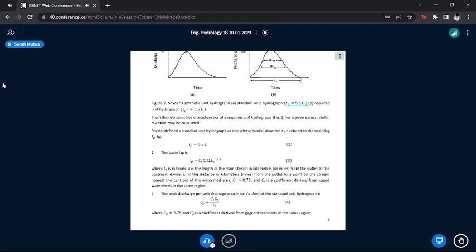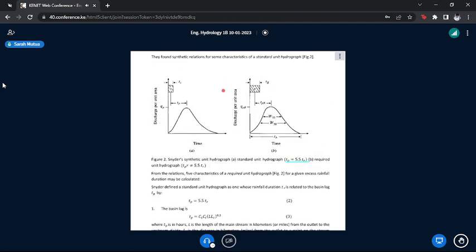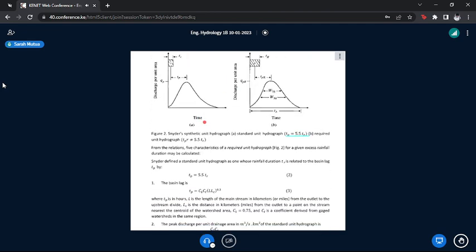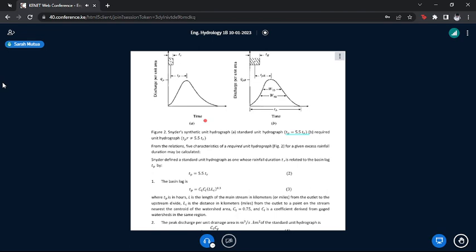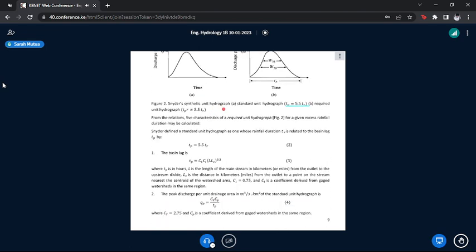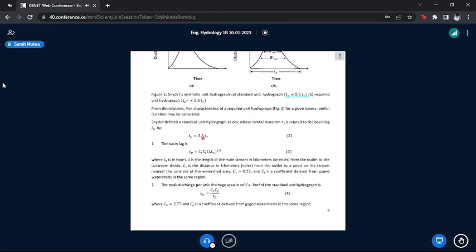Comparing these two hydrographs, the standard unit and the required unit hydrograph, Snyder defined a number of relationships, and one of them is that the basin lag TP is calculated by